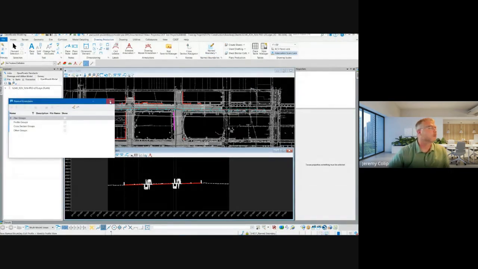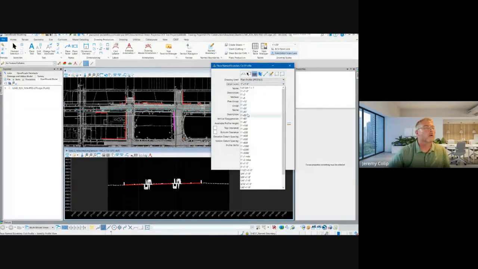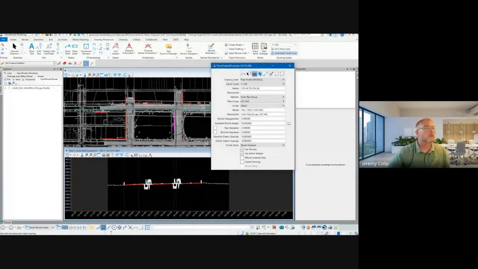Sorry. Doing some weird things. 150. Profile view. There we go. From group. Okay. Two other things to make sure of too is use terrains and use active vertical are checked